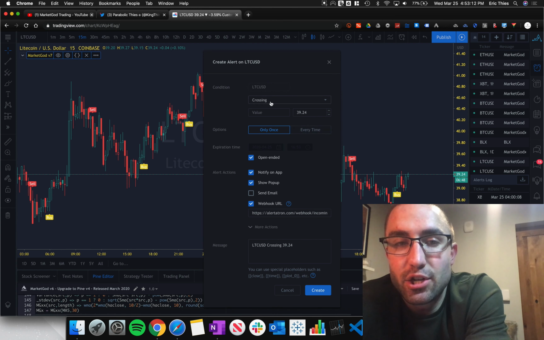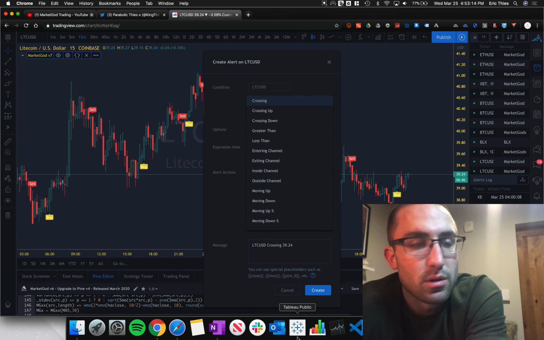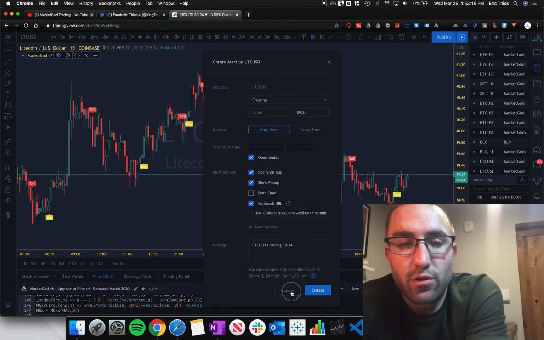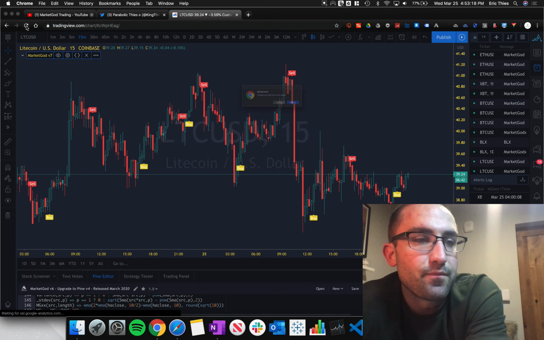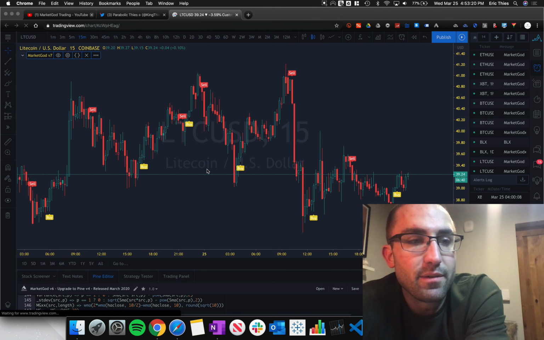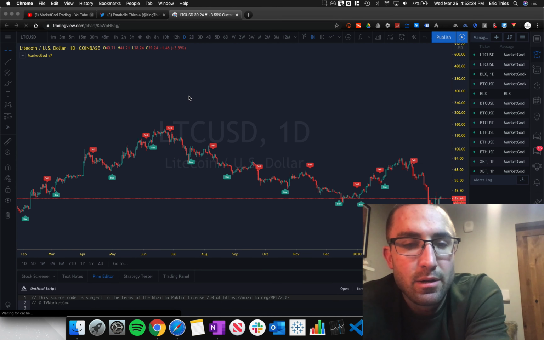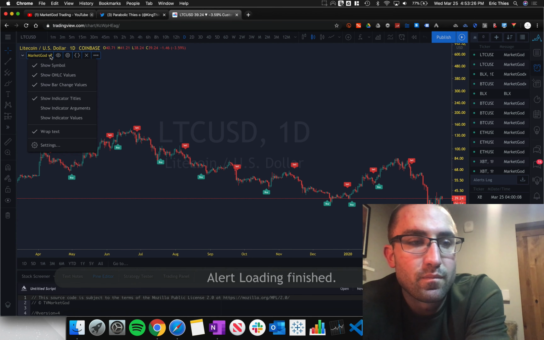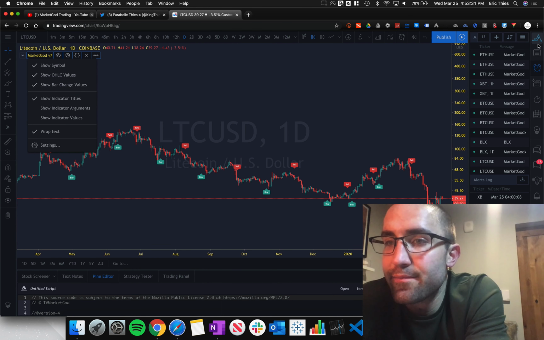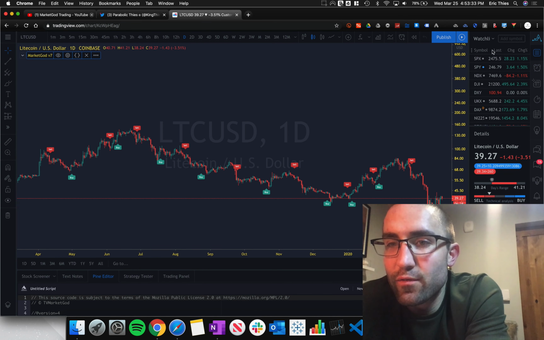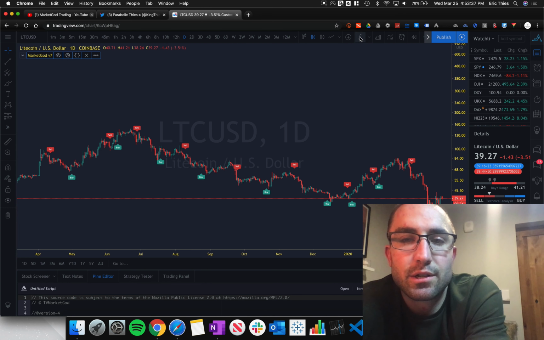For the condition, it's been weird with me lately, so I've been refreshing it. Reload it, bring it back in. Why is it doing that? TradingView's been real weird with me lately. But basically you're going to want to set, screw that, I'm just going to go to